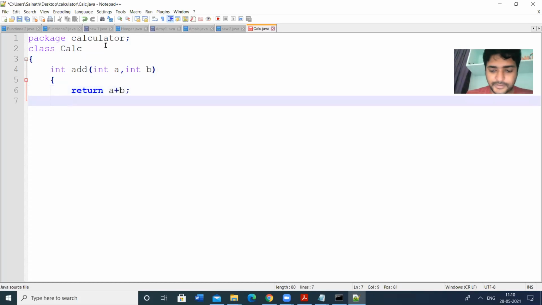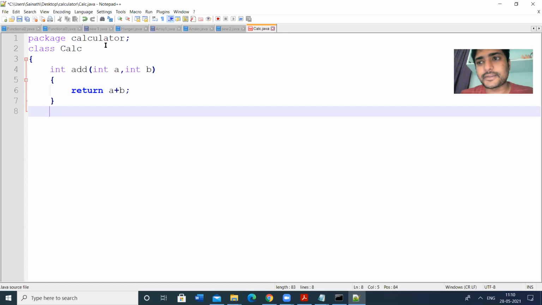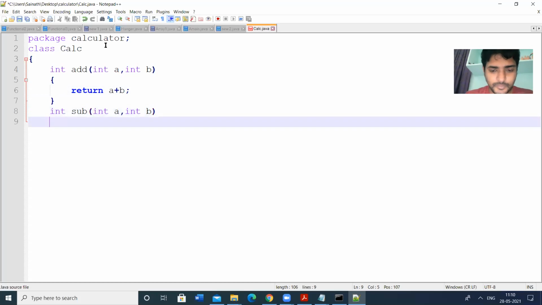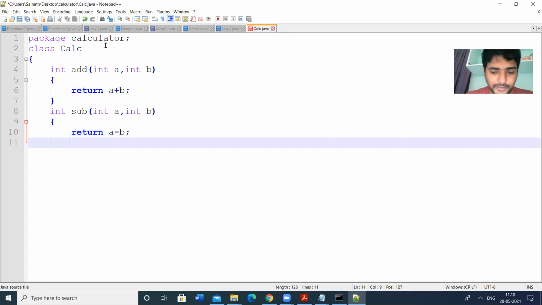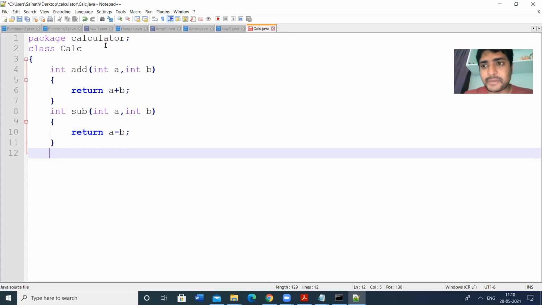So it will return a plus b. So this is my method. The calc class consists of add. Here I am going to create another method, int sub, passing variables int a, b. I return a minus b, using the minus operator. So this is the method.